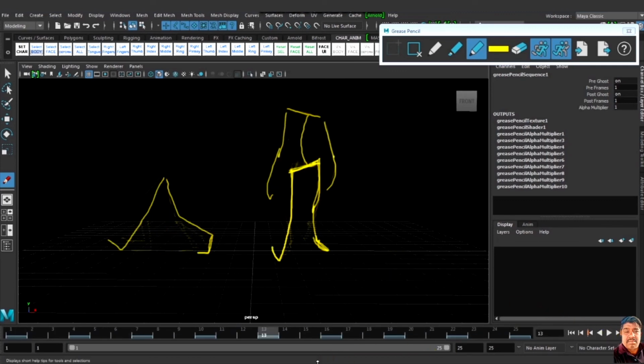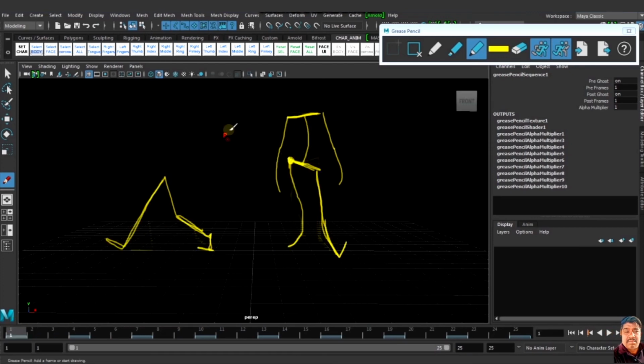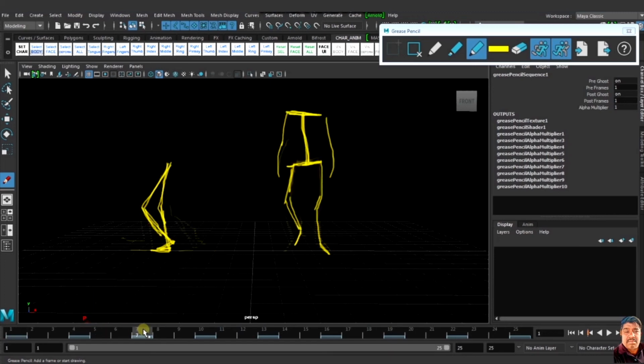Here also, this is my contact pose. This is my passing pose.